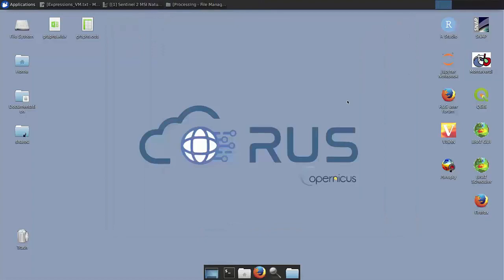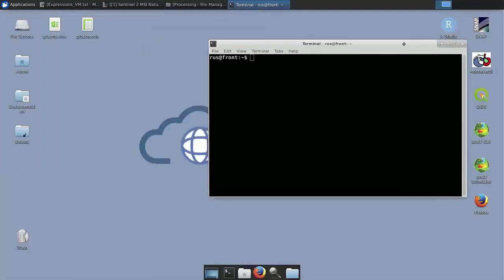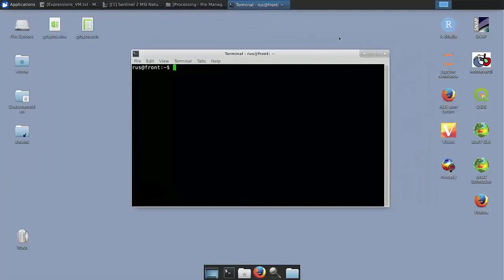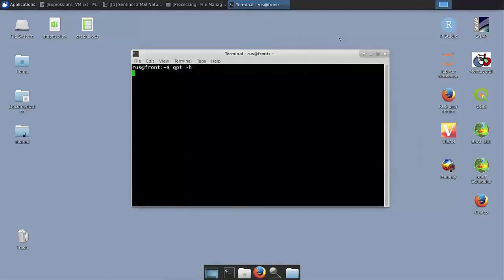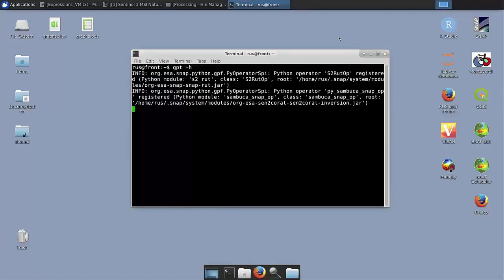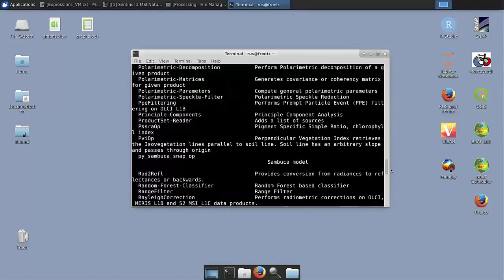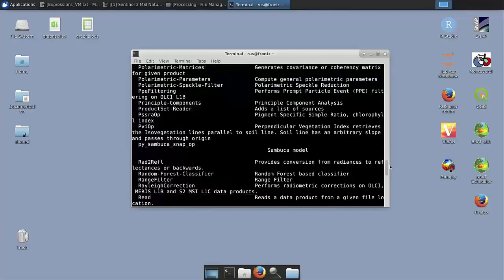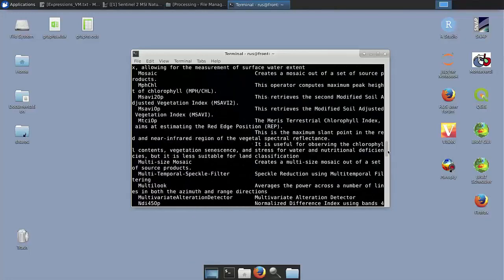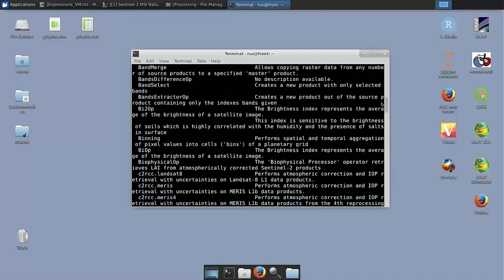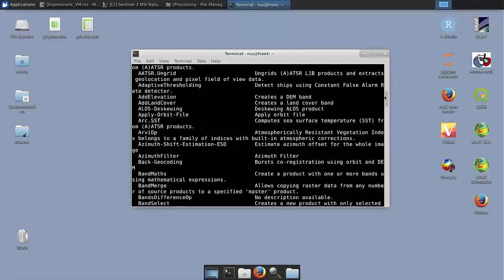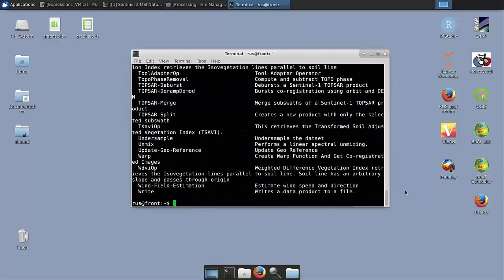So when I say GPT, what is it that I actually mean? GPT is a SNAP command line utility. So if I go to the terminal and I type GPT -h, so help, I can see all the operators that I can use within GPT. Basically, all the operators that are available in the graphical interface are also available in GPT. Not all, but most. So if you then type, let's say I would want to see how the resample operator looks. So I type